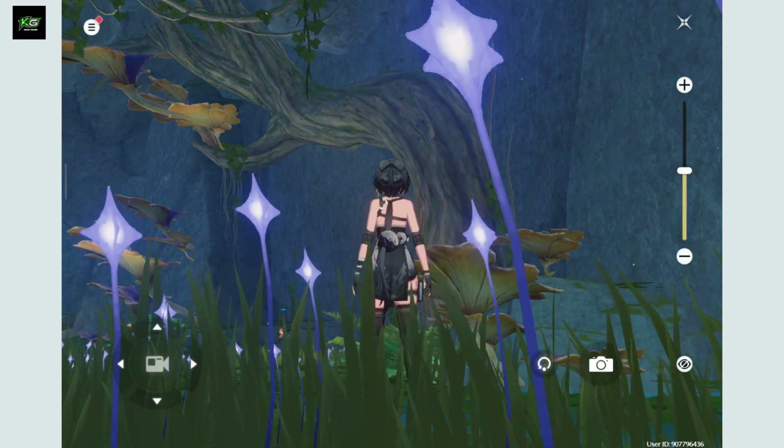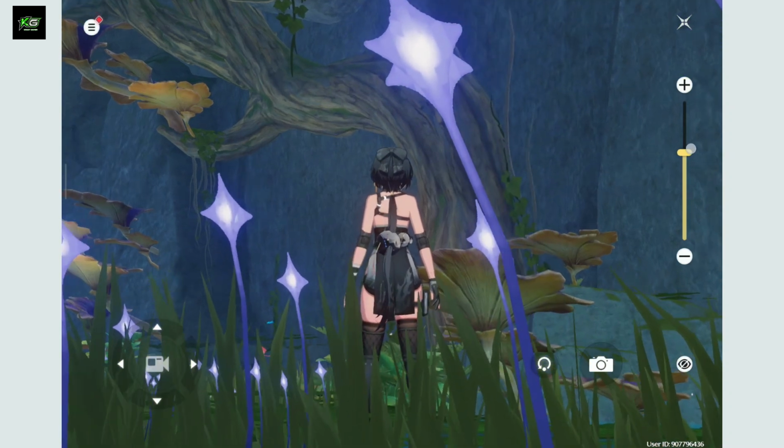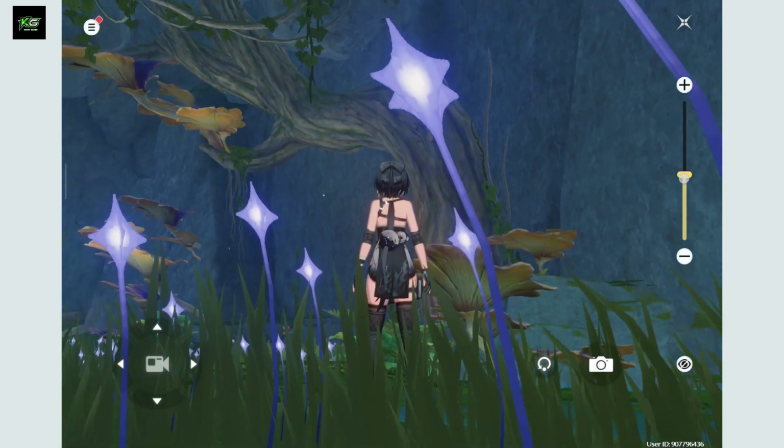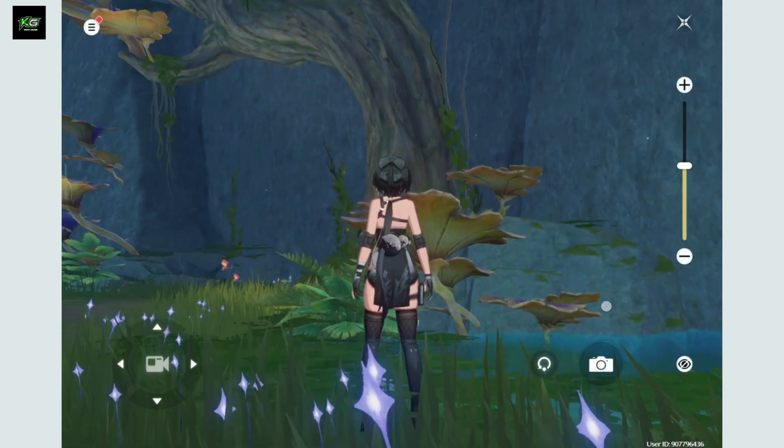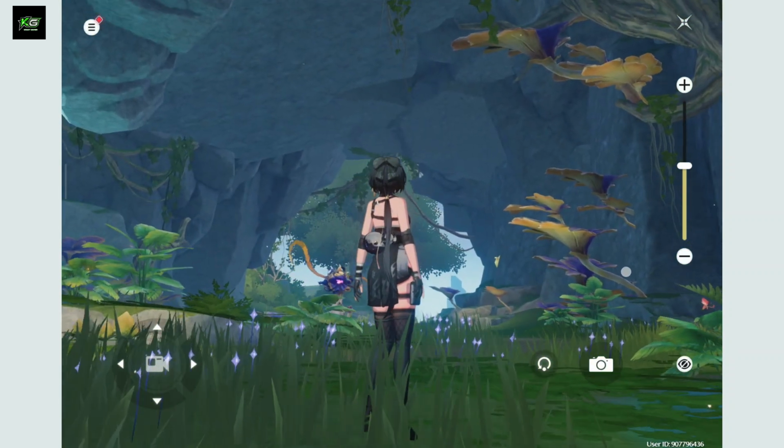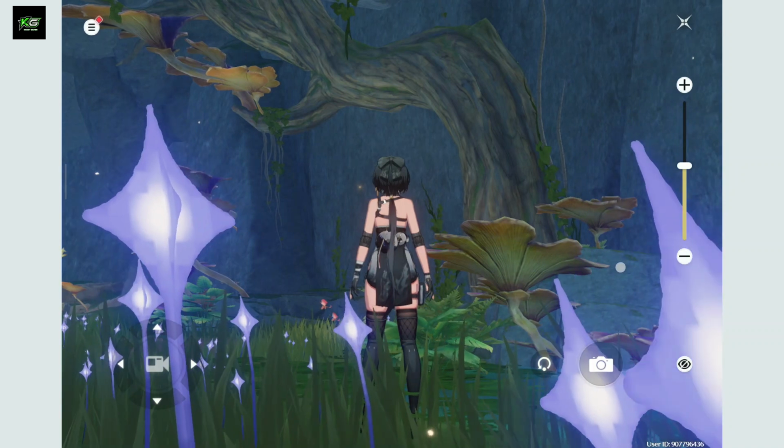You are now in the camera mode. You can go ahead and adjust the zoom in and out effect by dragging the slider on the right corner over here, and go ahead and rotate your screen. Find the angle you want to capture it in, and once you are done with it, go to the upper